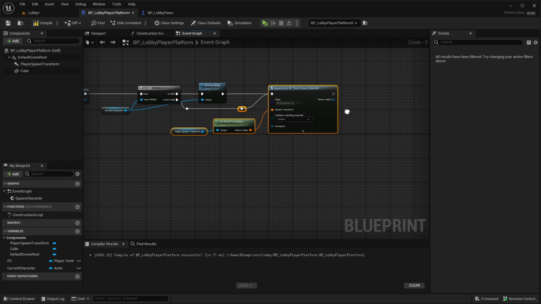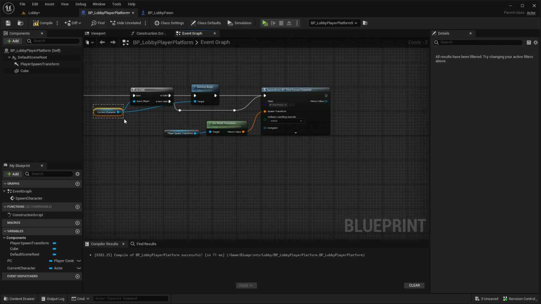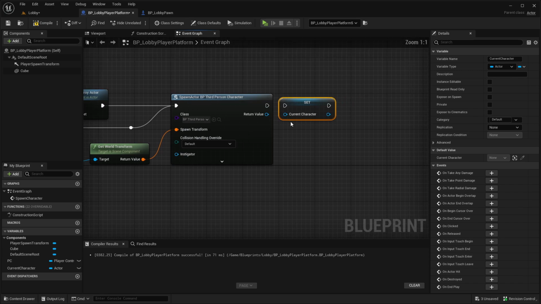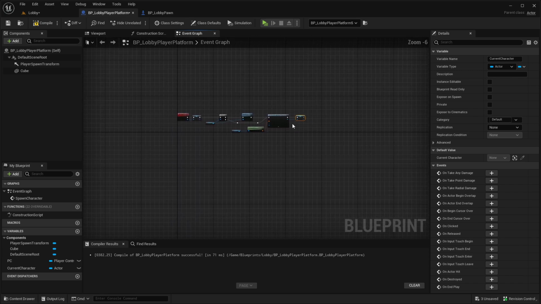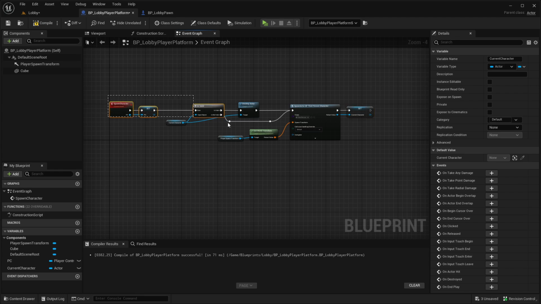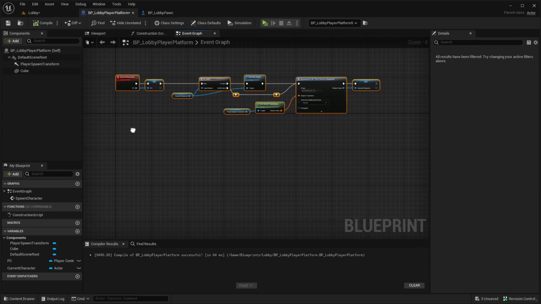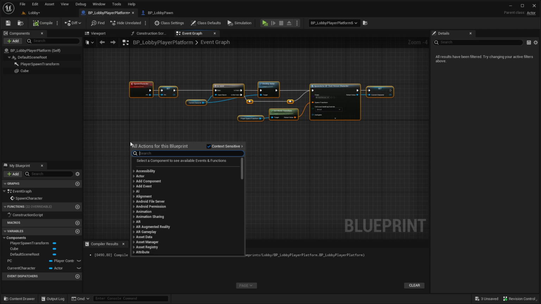In the return value, we also now want to save in this current character that there is now standing a character on our platform, like so. So that's the first event for spawning the character on the platform. And the second one, I will just